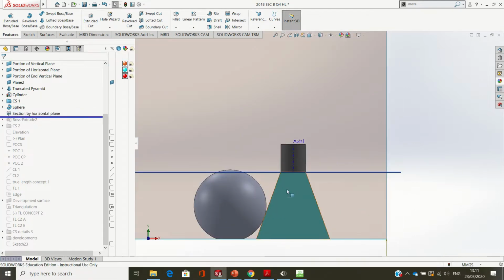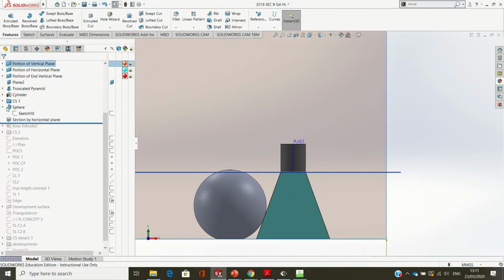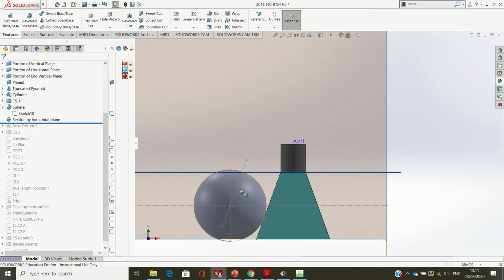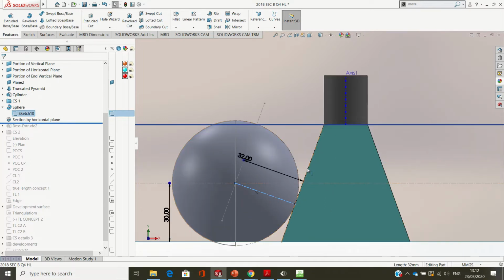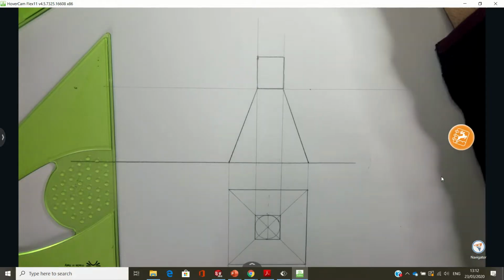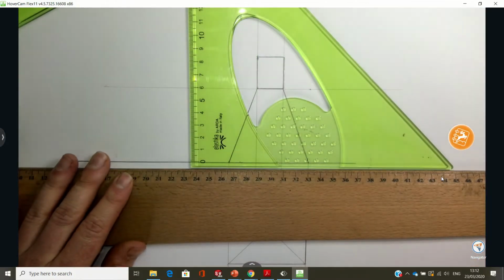Alright, now the distance, okay, if I open up the sketch, the distance between the extreme generator and the center point is 32 and it lies on a line that makes 90 degrees to the edge of the face, otherwise it's not tangential, and the center point is up 30 as shown by the question. So I'll start that there. Okay, so I'm going to mark up 30,